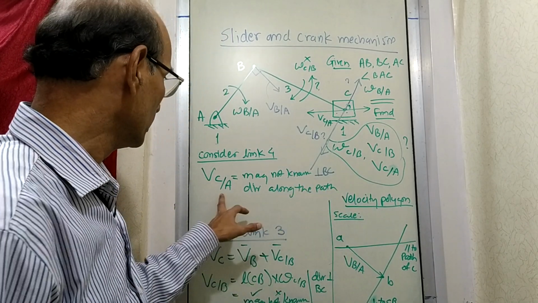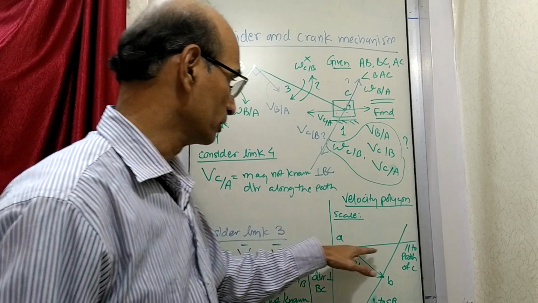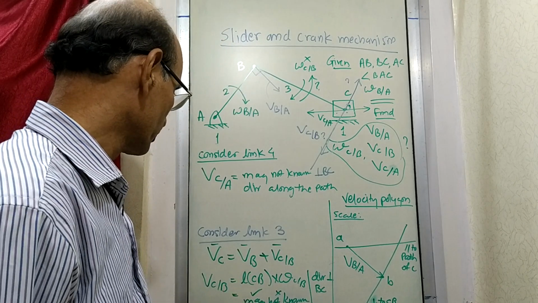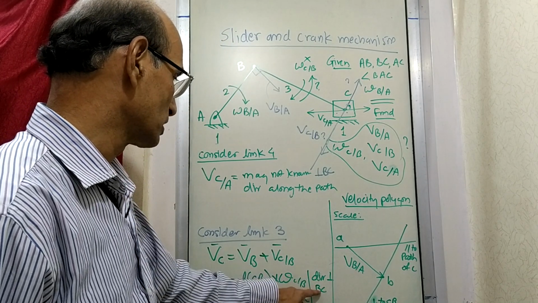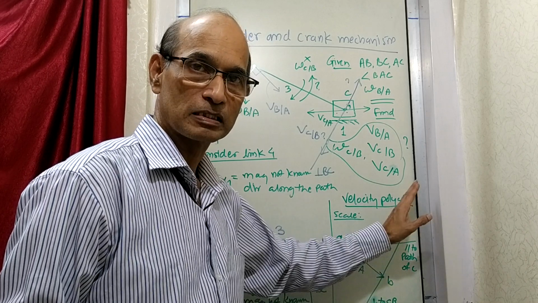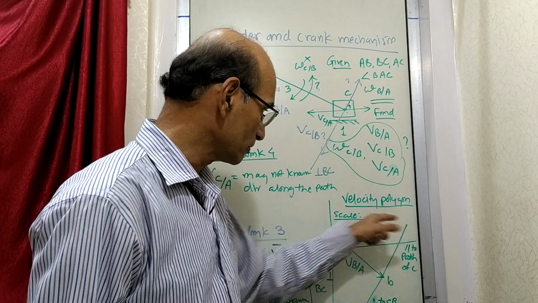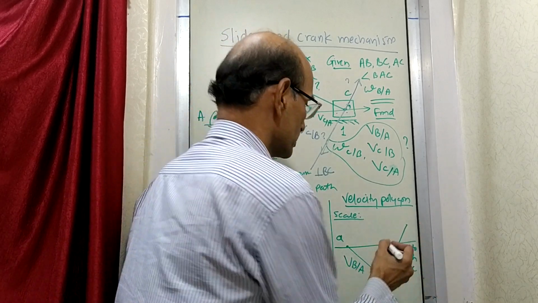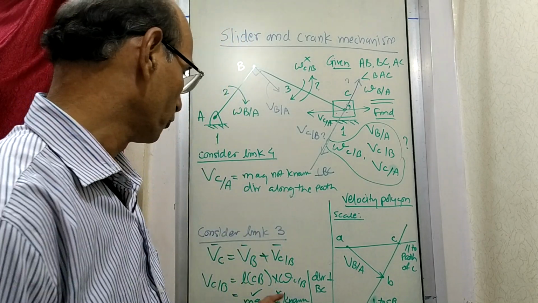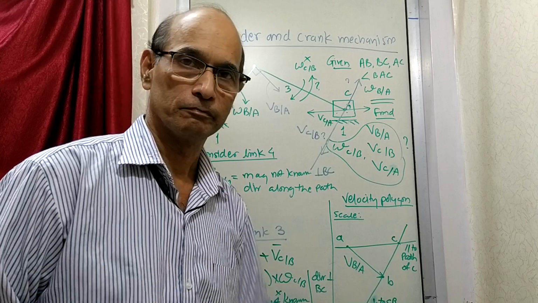So now what has happened? According to this direction along the path, we have drawn this line and C is going to lie on this line. According to this, magnitude not known, direction perpendicular to BC, we have drawn this line saying that C will be lying on this line, but where, that we don't know. So if C is on this line and C is on this line, that means C is here. So point C, which we wanted to find out for solving this problem, is now obtained.